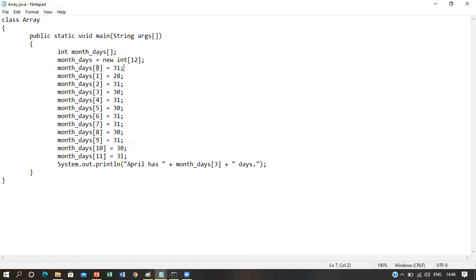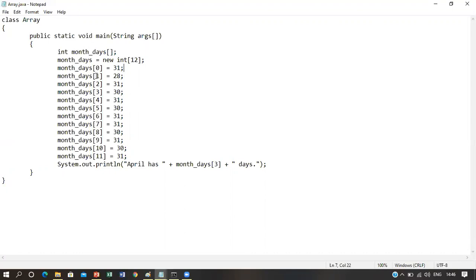That means the 0th index contains the element 31. We want to show that the first month, January, has 31 days, and we want to put this value 31 into the 0th cell, because the 0th cell is the base address of an array, or the 0th index is the starting address of an array. That's why we put this value 31 into the 0th index.